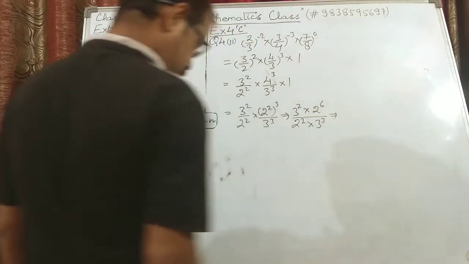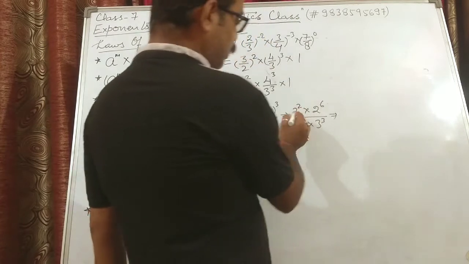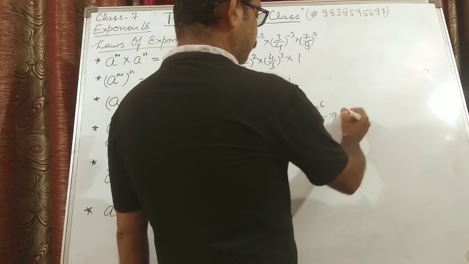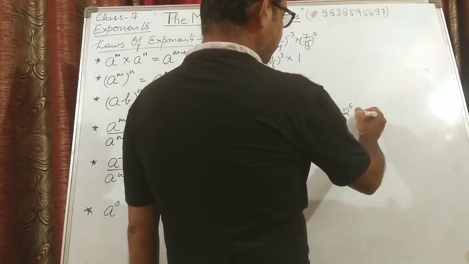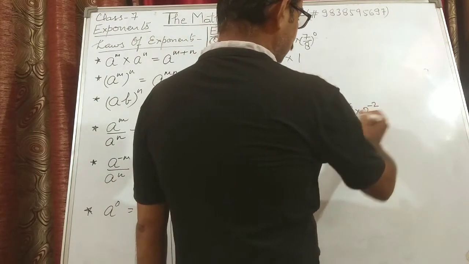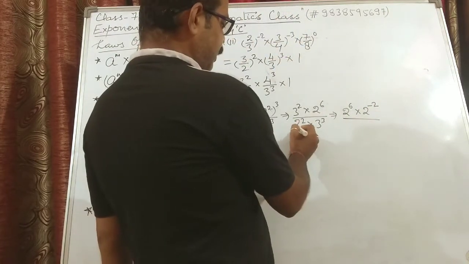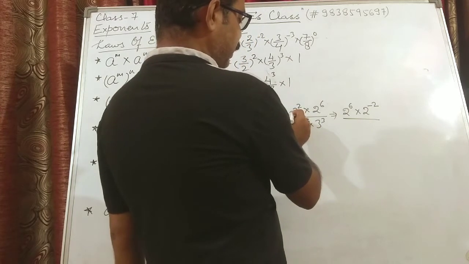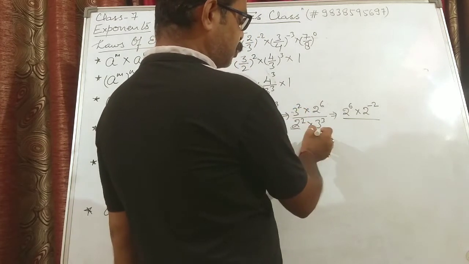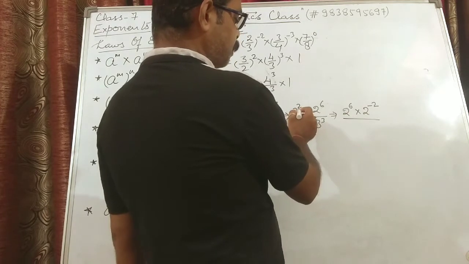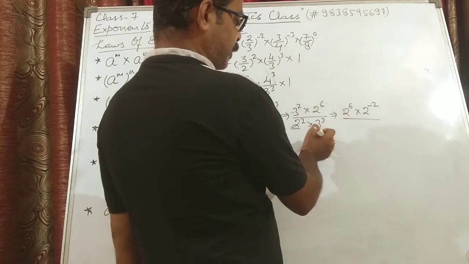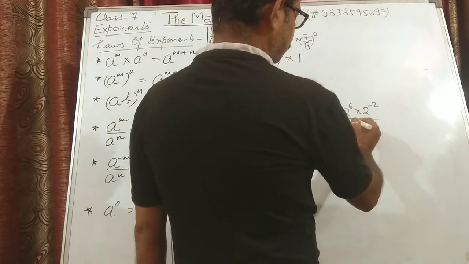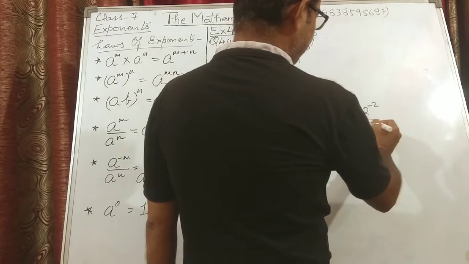So 3 to the power 6 upon 2 to the power 2 into 3 to the power 3. It can be written as, this 2 will come to the denominator, this 2 to the power 2 will go to the numerator, means 2 to the power 6 into 2 to the power minus 2. What I have done, this denominator has been brought to the numerator, and this numerator 3 square is brought to the denominator, because it is 2 in plus. When it will come in denominator, it will become minus. Since it is small, so power will be positive.